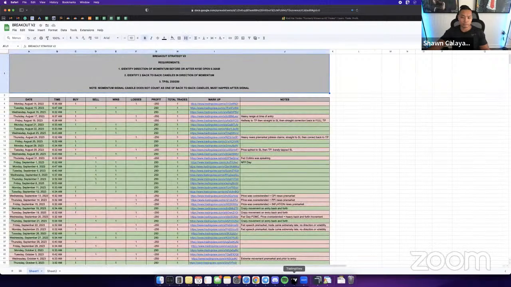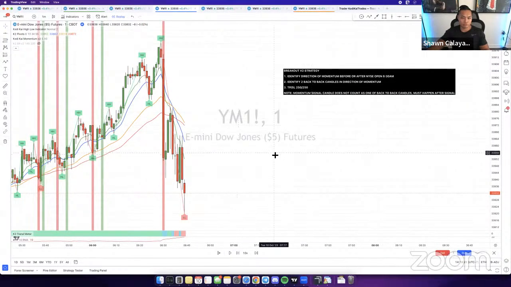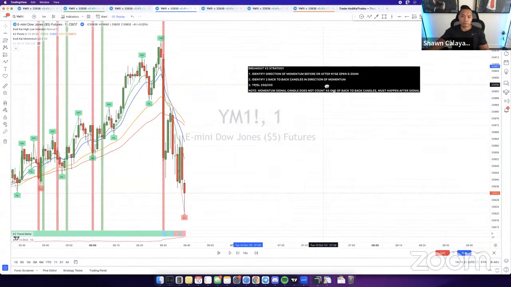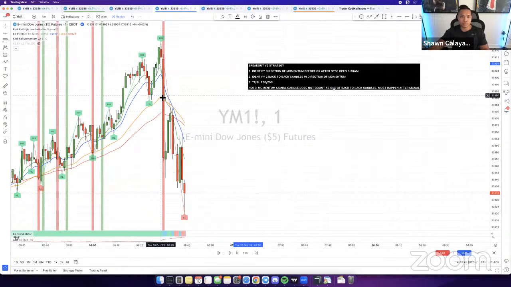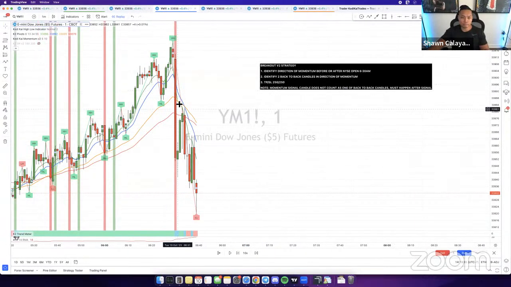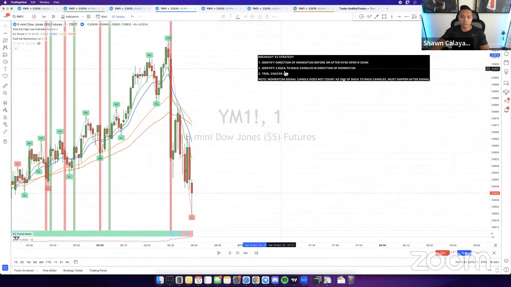So looking at the breakout V2, I'll show the one from today, Dijon. First, you want to identify the direction of momentum. Basically, first momentum on market open. So market open right here at 6:30, and you can see that we have a sell signal, right? Say, for example, there was no sell signal here, then we'd look for the buy signal. But since market opened right here at 6:30 and we had a sell signal, momentum is now bearish, right? So first thing you want to look for is the direction of momentum. Right here, we have a sell signal, so obviously direction for momentum is to sell. Doesn't have to be valid or invalid. It just has to be direction of momentum.